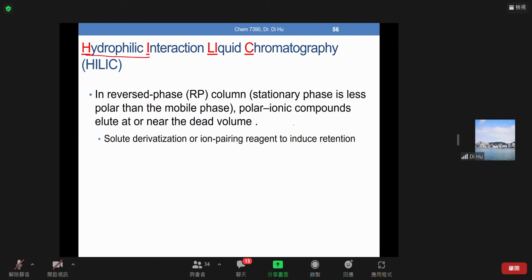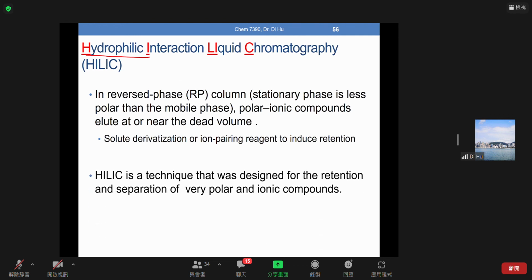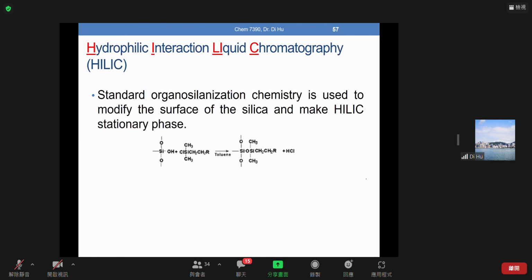So they need to be derivatized, or an ion pair reagent has to induce the retention, but we know it's terrible to use ion pairing. It's not really good. That's why people developed another technique. HILIC is a technique designed for retention and separation of very polar and ionic compounds. Again, it uses standard organosilanization chemistry to modify the surface,